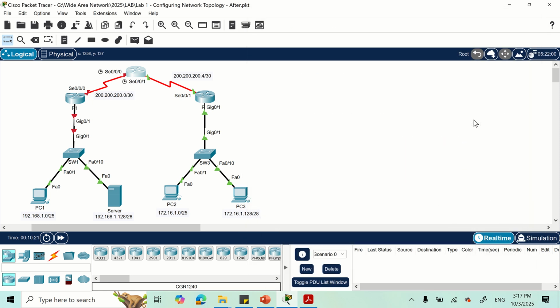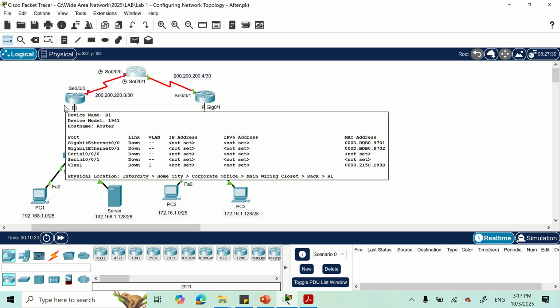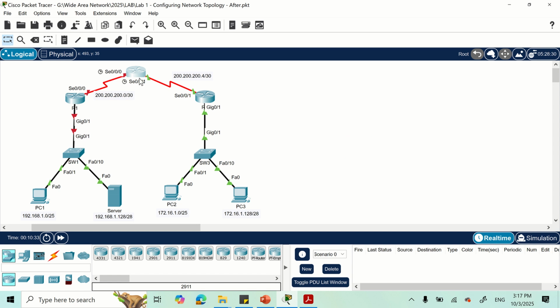Alright, in this video, I will show you how to configure Inter-VLAN and also to configure the serial interface for the network between R1 and the ISP. Basically here on the network 172.16, I have pre-configured the network. So now we will focus on the network of